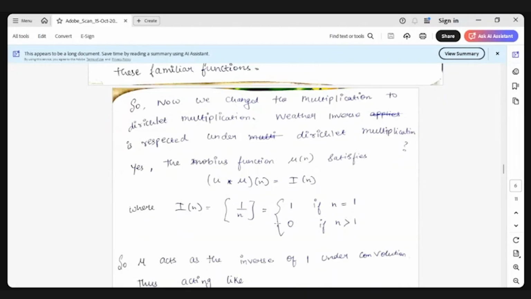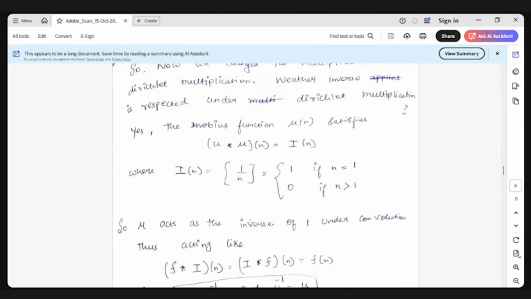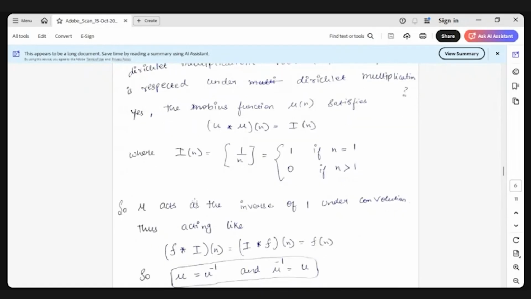If n is equal to 1, then the floor function gives me 1, else it is 0. So mu acts as the inverse of u under convolution,